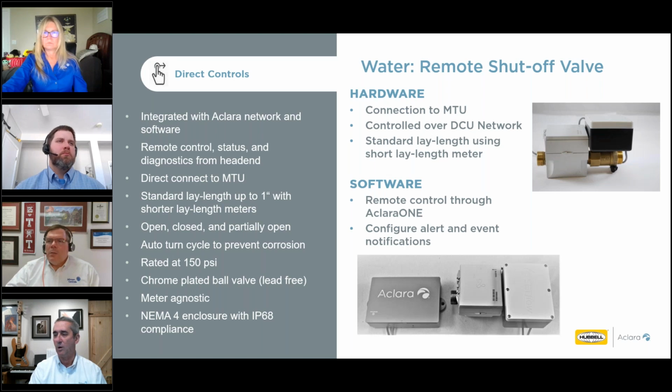This is getting more and more traction. The valve has been in the market for a few years. It's quite reliable. We integrated it into our system about 4 years ago, and we're getting some really good response to this. It's a very nice addition. Again, what more can I do with the network to help my operations beyond the meter to cash